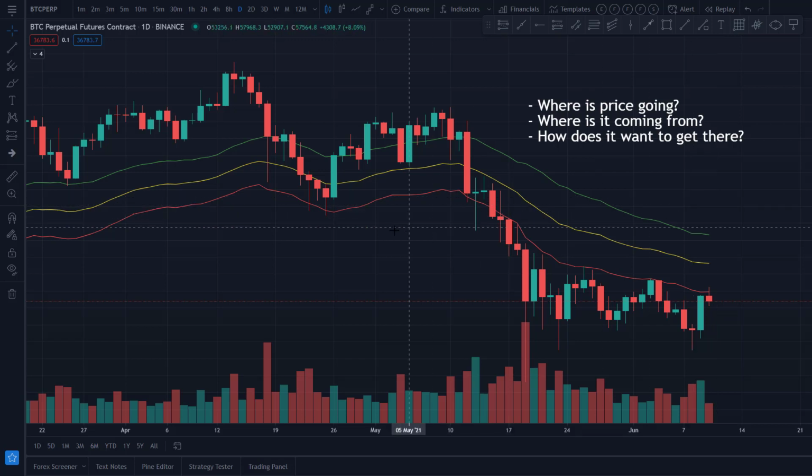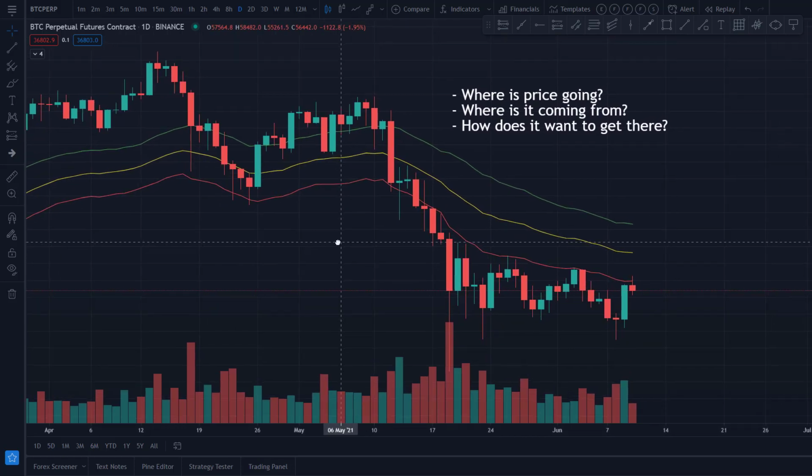We're looking at the BTC perpetual futures contract, just what I happen to have up. The indicator you're seeing on the chart is the RexDog Average. Now, I'm going to mention my trading system here. I'm going to mention indicators that I use just because it highly relates to how I've defined these questions in my own trading so that I trade with conviction across multiple markets. And you'll see that very clearly here, as the RexDog Average for me is, and this is an indicator you can download on TradingView, you can add to your own charts, the yellow line that you see here in the chart. We're looking at the daily time frame.